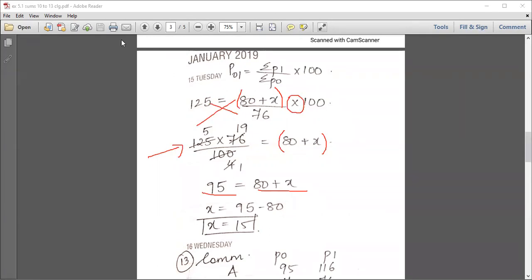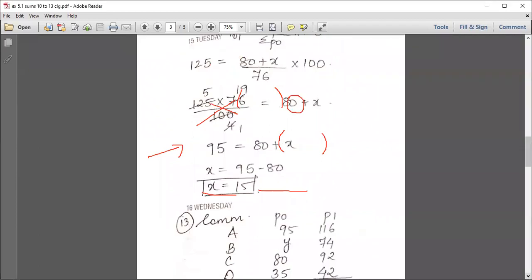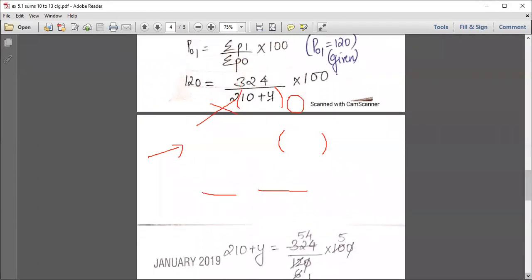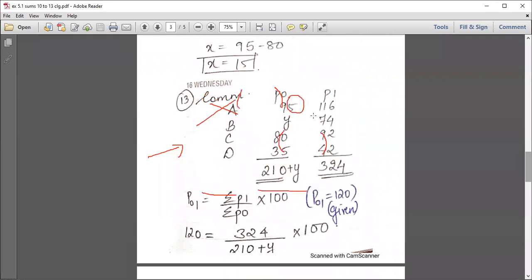Continuing with the last sum finally of this exercise. Again, we'll just have a look at the question. Now in this case, I guess the same method has been utilized. Not much difference, I guess. Sum number 13. Question is the same, only the numbers are changed over here.